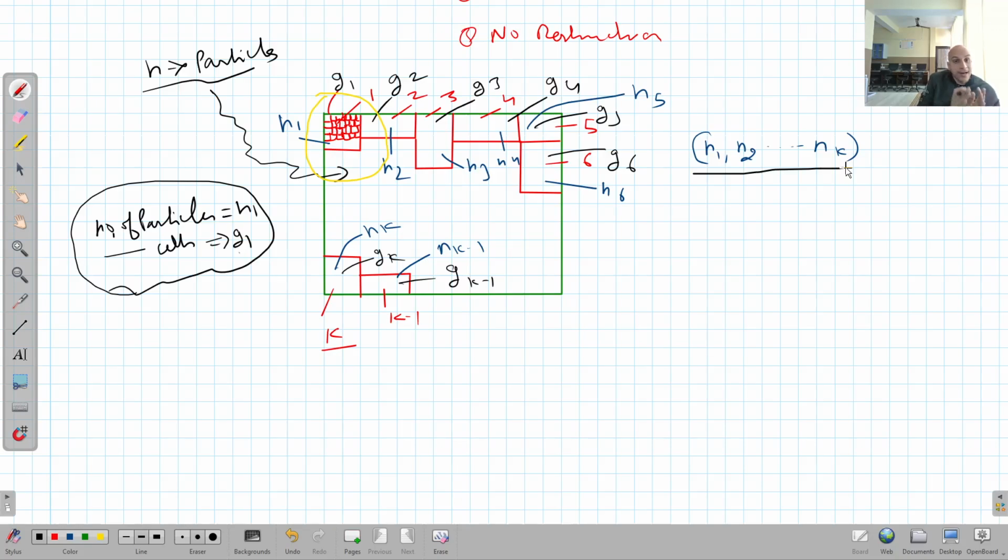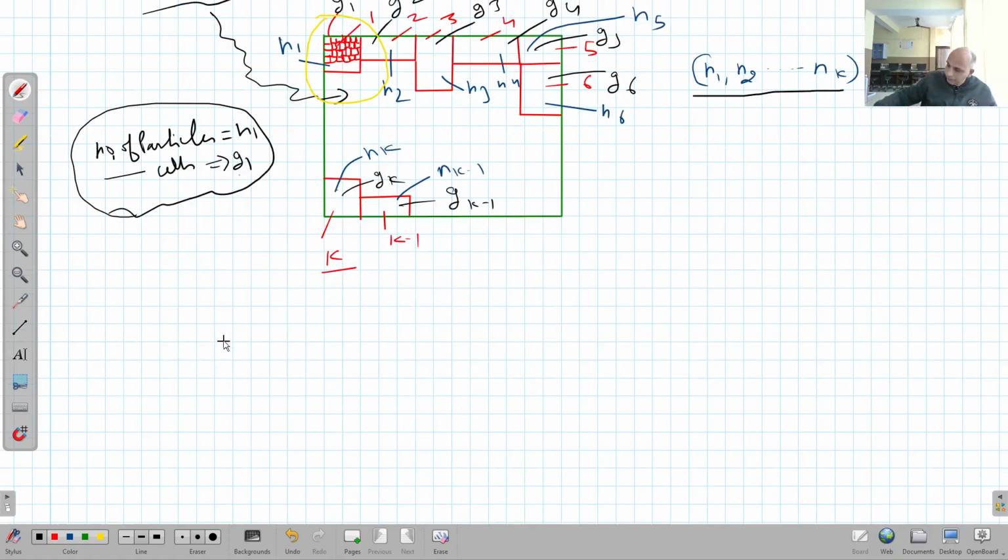Now the particles are identical and indistinguishable. So for doing so, I consider 7 particles. I give them names as 1, 2, 3, 4, 5, 6, 7 for my convenience. Clear? Let this be the first, second, third, fourth particle, fifth, sixth, seventh. Let N1 be equal to 7. Clear? Now these are 7 particles, right?